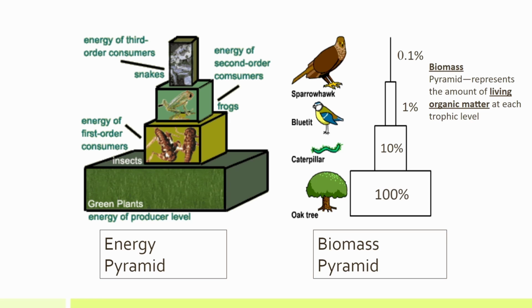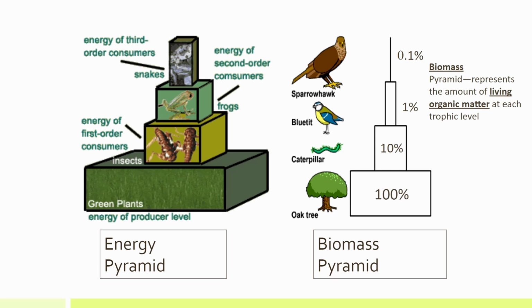Here's some other examples of pyramids that are ecological. We have an energy pyramid on the left and a biomass pyramid on the right. Notice with the energy pyramid, we're again looking at similar information, what organisms are in the pyramid, and how much energy, based on the block size, they're getting from the original 100% at the producer level. A biomass pyramid, on the other hand, is a pyramid that's representing the amount of living organic matter at each trophic level. So we would look, for example, at how many different types of producers are there? What different types of primary producer or consumer are there? What about when we go up into the secondary, tertiary, or quaternary levels for consumers? Are there more or less?